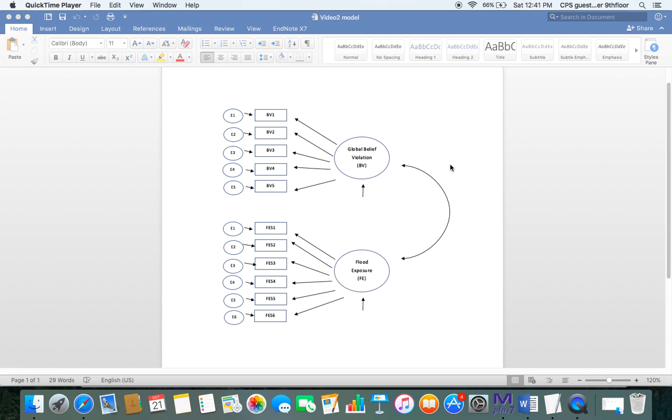This video is going to show you how to run a confirmatory factor analysis in Mplus. If you watched my previous video, we were looking at two constructs and their items and whether they're correlated. So we're going to do a similar model here, but we're going to use our data instead of Larry's data